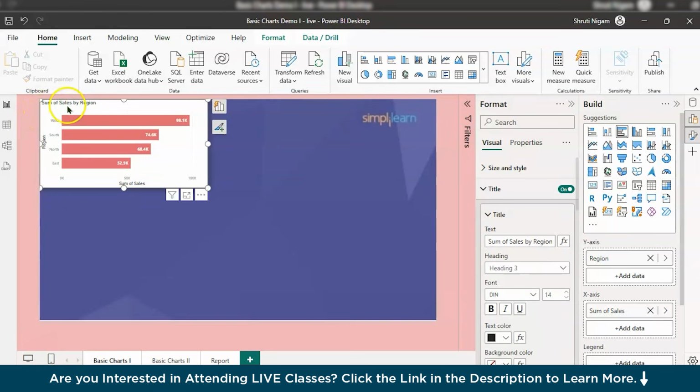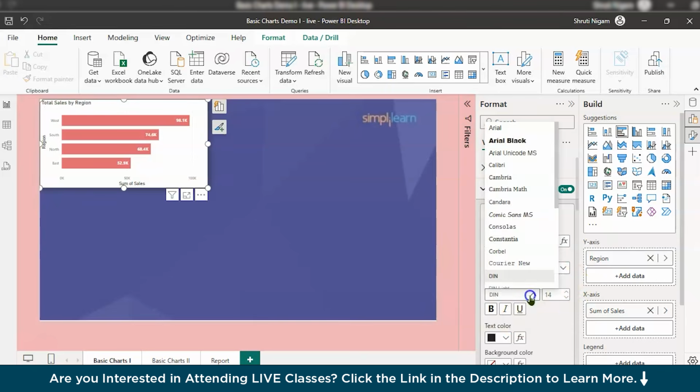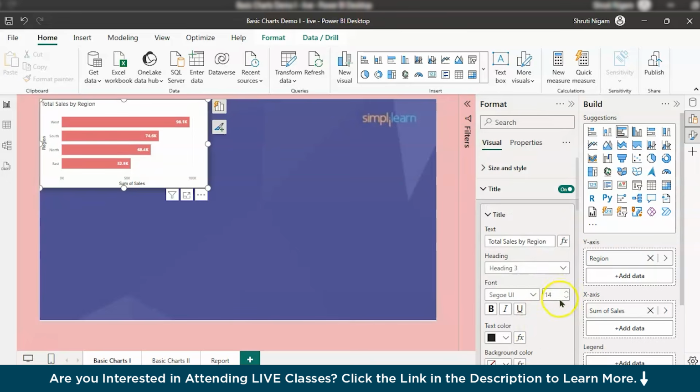Currently, title is sum of sales by region. Usually, we don't write like sum of sales by region. Instead, we will be writing total sales by region, or only sales by region will work too. You can also decide what kind of font should be there. Always follow the font given by the organization. They will have a fixed font to be used. You can also decide the font style, font size,